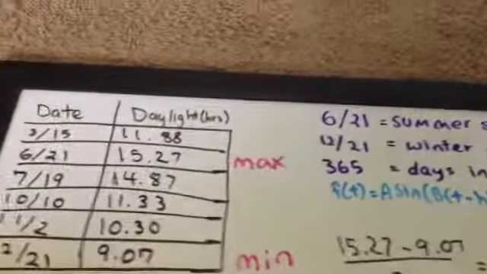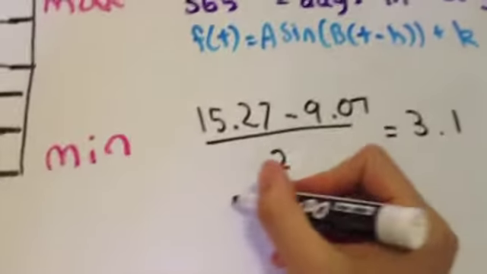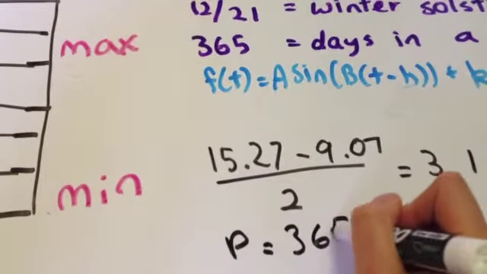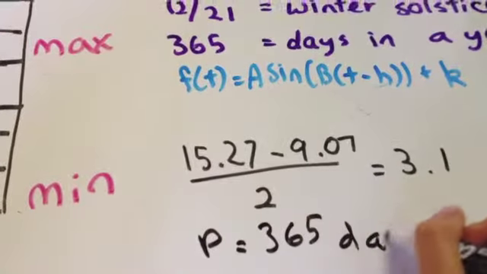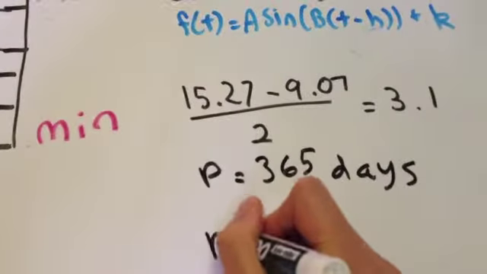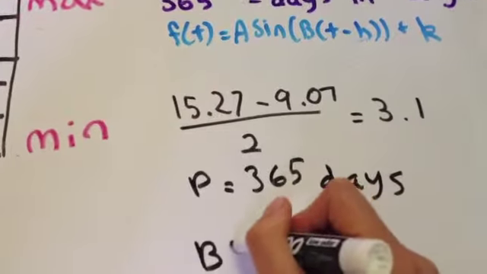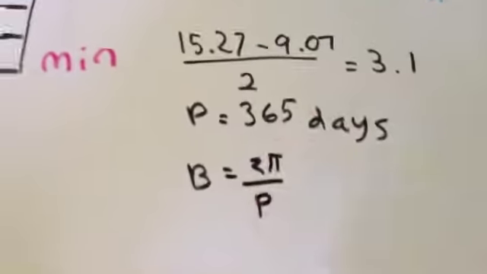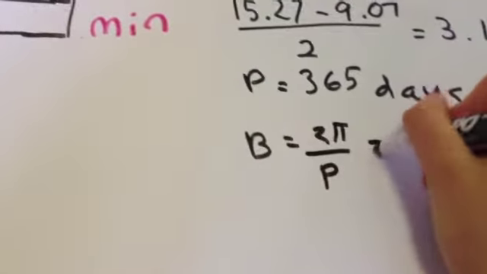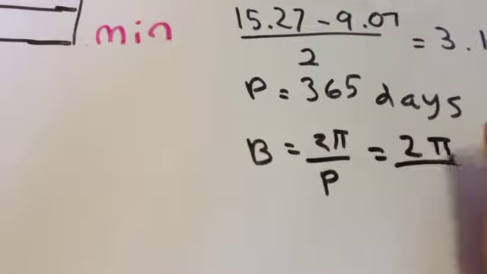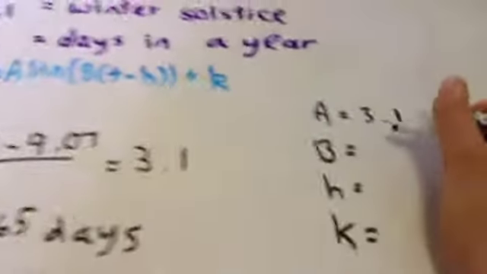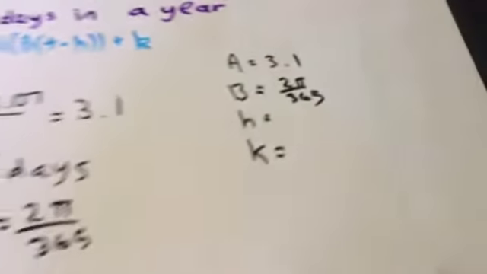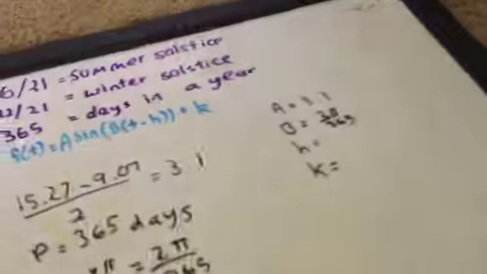Next, to find the period, we know that the period is equal to 365 days. And we know that B equals 2 pi over period. So we find that B is equal to 2 pi over 365. We are going to skip the H value for now and move on to the K